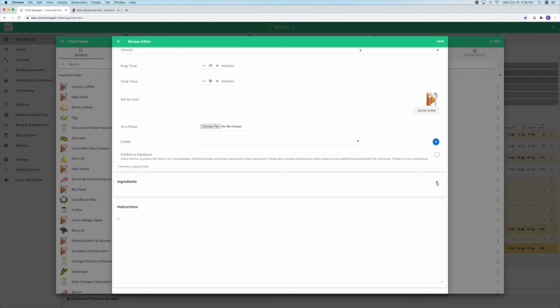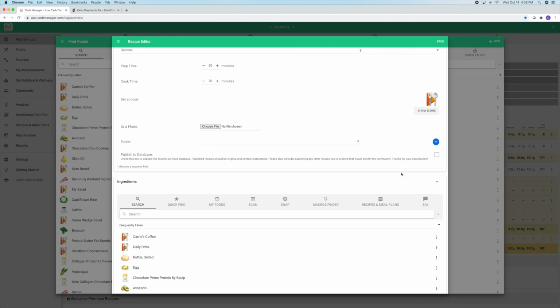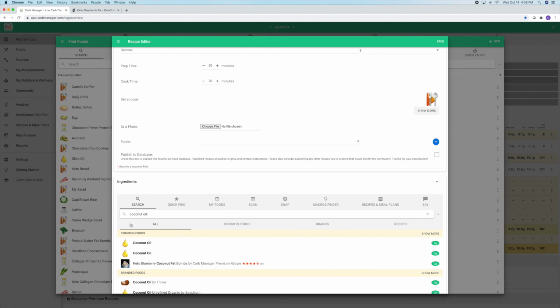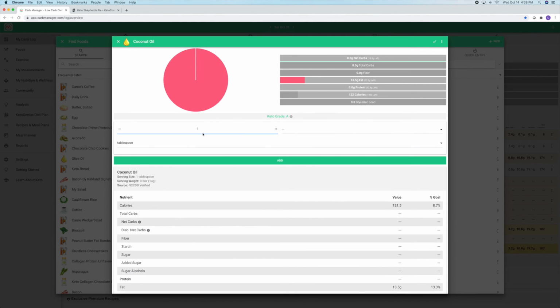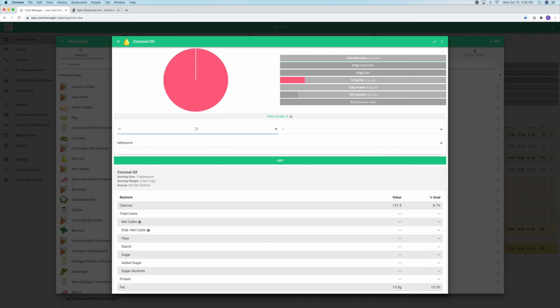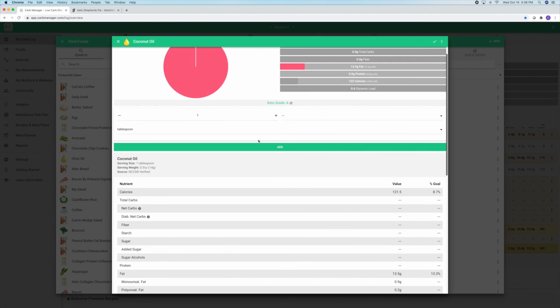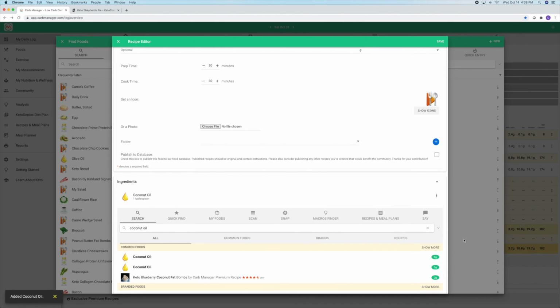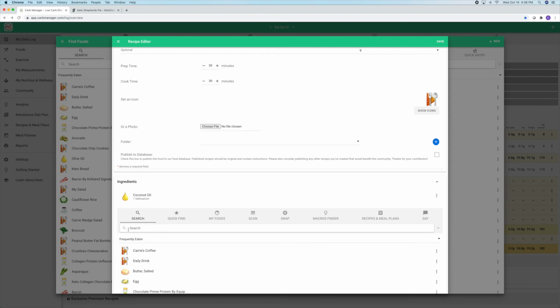Okay, so now I'm going to start loading ingredients. So you just click on the plus sign and come down here and load your ingredients. So first we have coconut oil, and there it is. And then it's 1 tablespoon. The unit of measure is already chosen here, tablespoon, but if I wanted to change it, or you can just type here, however you want to do it. But 1 tablespoon, I'm going to add that. And then I'm going to come down here and click. If you click on the X, it clears it, or you can just highlight it to clear it